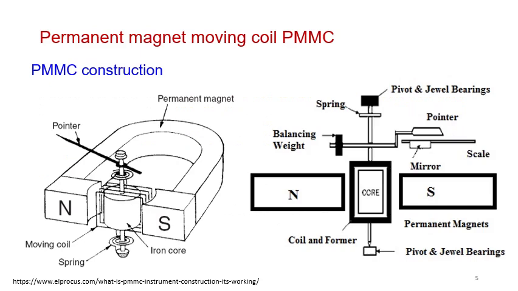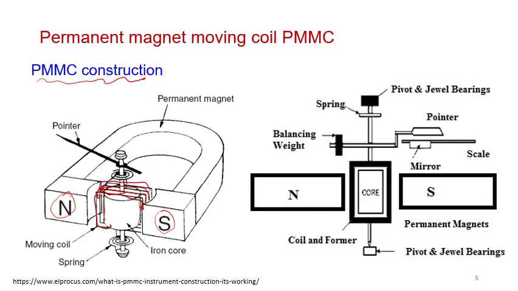As you see here is the construction of the PMMC, which includes a permanent magnet, as you see here, south and north, and inside there is a cylinder, where the cylinder has a coil wound on it. Let me show you the coil. This is the coil actually. This is a coil,